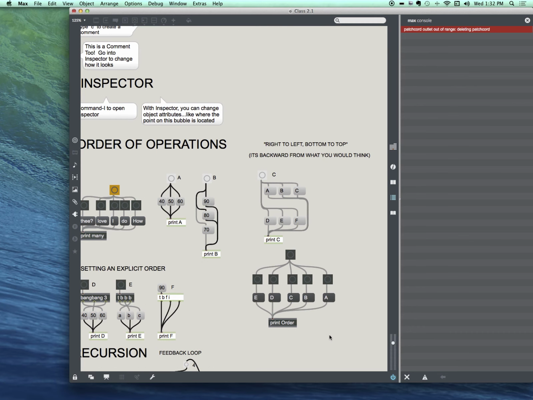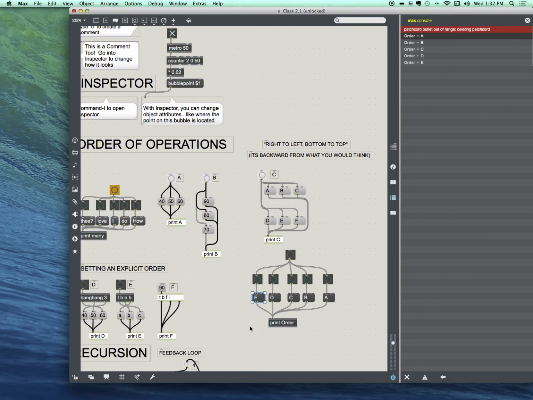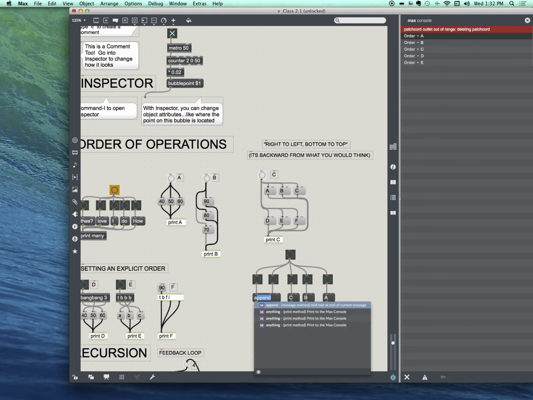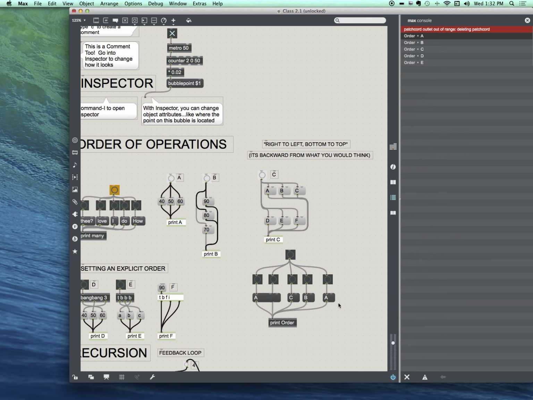And now, what do you think is going to happen? Well, I'm sure some of you probably already pushed it, so you know. If you look at what happens there, we lined these up backwards, E, D, C, B, A, going left to right, but it came out A, B, C, D, E, right? I should probably make that even more clear by moving these around. A, B, C, D,